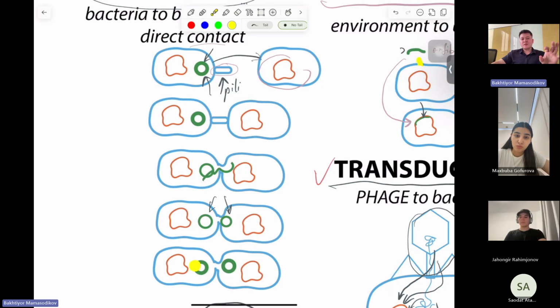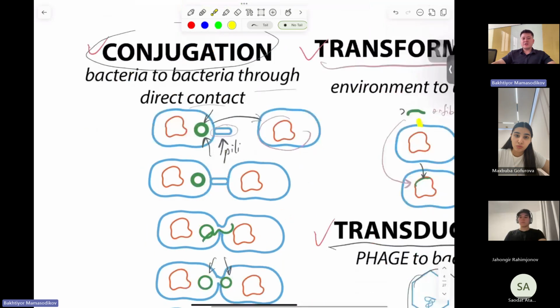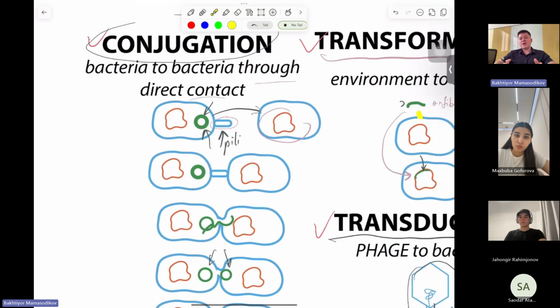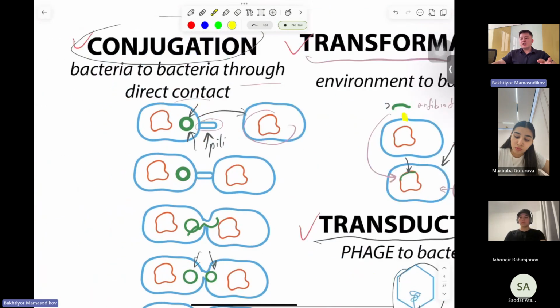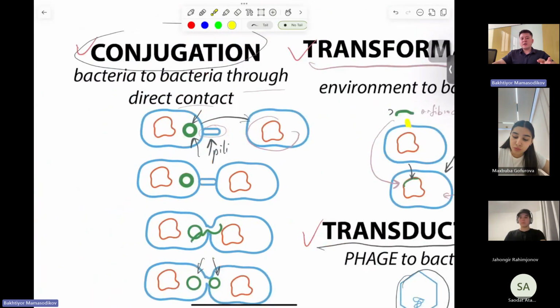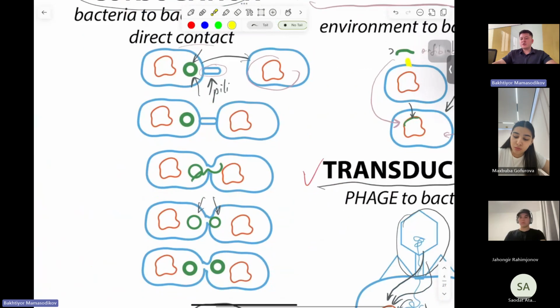This process is called what? Conjugation. One bacterium transferring its plasmid to another bacterium. Key idea here, they touch each other directly. Do not confuse this with transformation, which was from the dead bacteria, from the environment, the naked DNA coming to the bacteria, okay? But here in conjugation, they have direct contact with pili, sex pili we call them, because they're exchanging